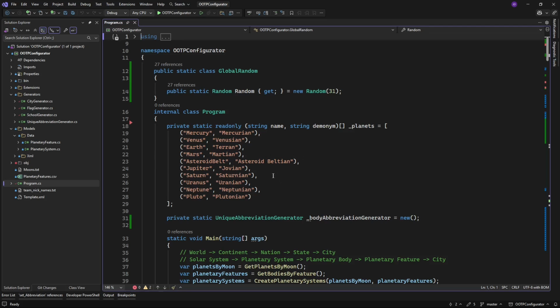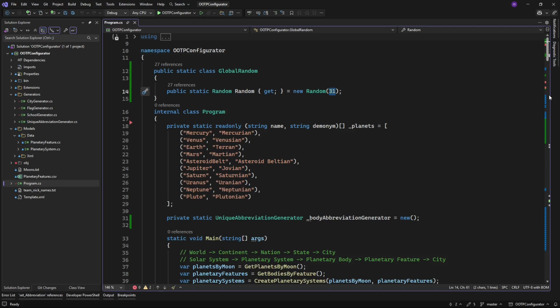But anyway, one thing I wanted to do: we're working with random values all over the place, so I wanted to consolidate the random values. So I have this global random static class that everything that needs a random value is going to use this property, and I've seeded it with a number. And what this means is now, as long as the seed value remains the same, it will produce the same quote-unquote random numbers. So this is so we can get deterministic values.